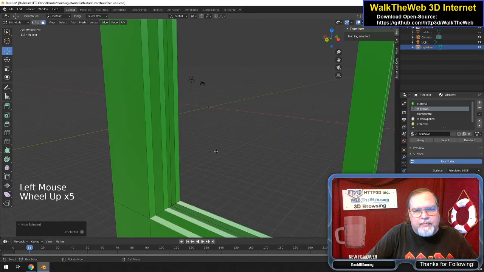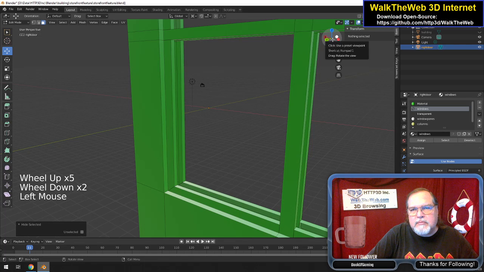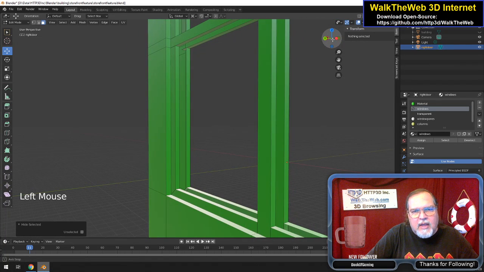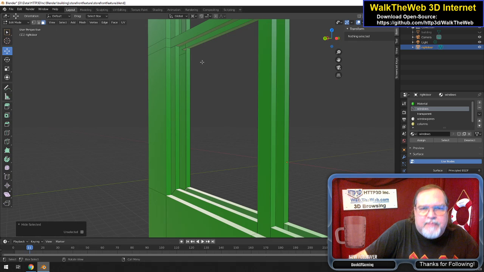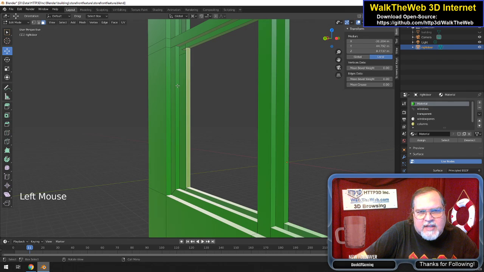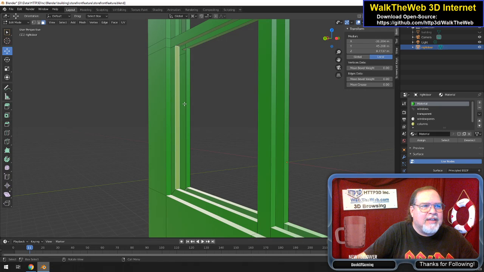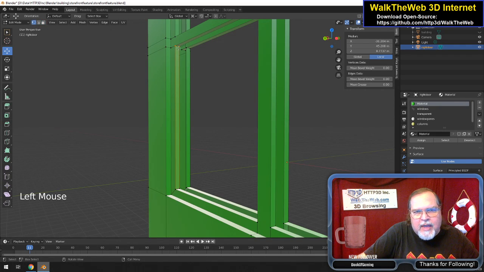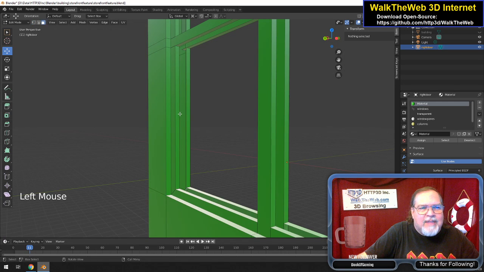Okay, so here we go. I can fix this. First things first, you see there's a couple things here. First one is we have this piece, which is a face on this side, a face on this side, and then there's this gap that we can see through when we look in through the window. We want to close that gap, so what I could do is just put in a face between there, but technically, instead of having 3 faces right there, I can make it 1 just by doing this,